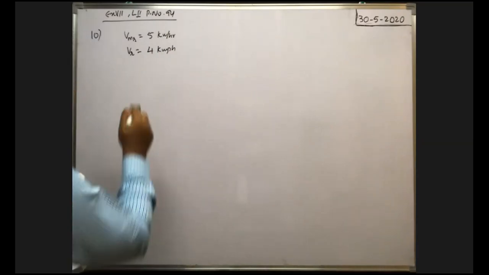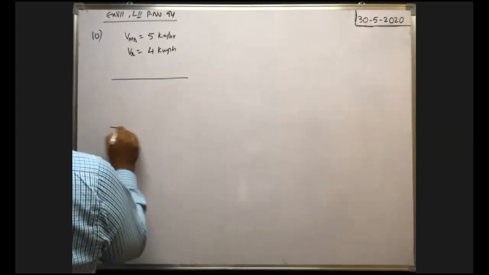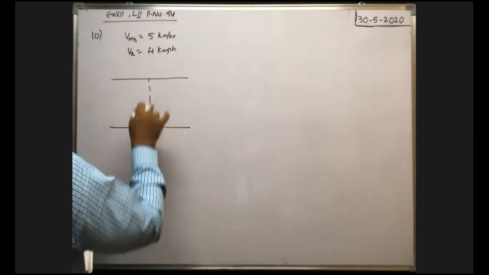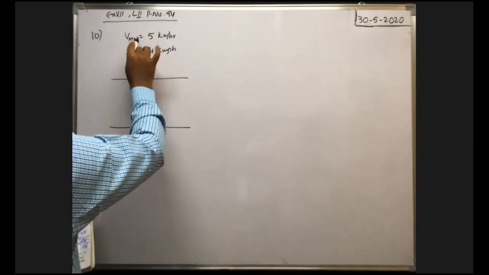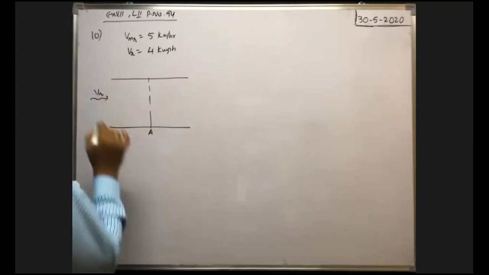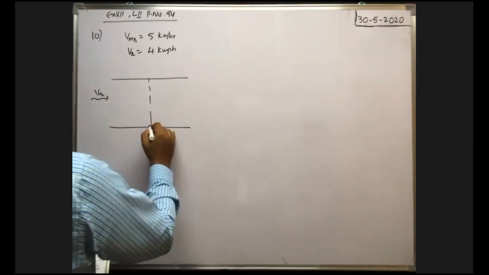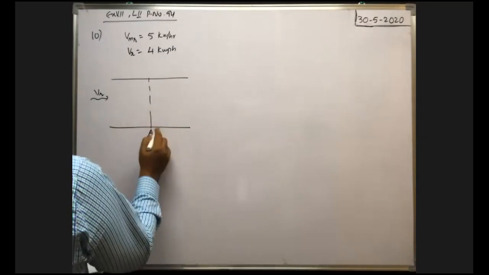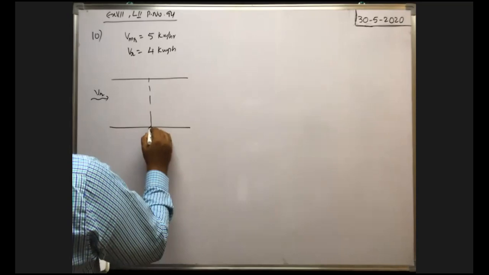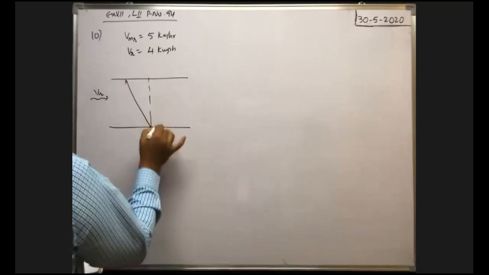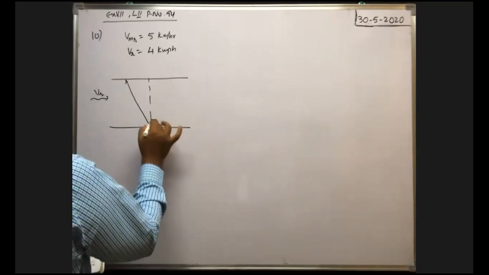So here, from the point A, the man swims with respect to the river with a velocity of 5 km per hour and the river is flowing with a velocity VR. Then he swims along the direction 127 degrees from the direction of the river flow. River flow is in this direction. So from the river flow, 127 degrees means this is 127. That means this is 90, so the remaining is 37 now.